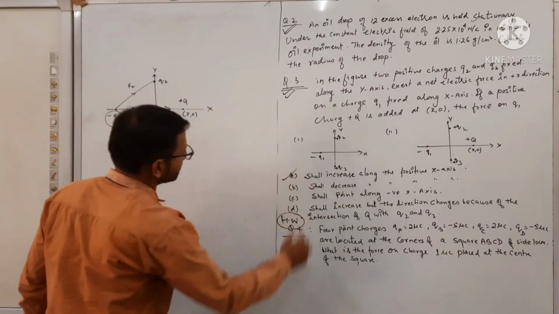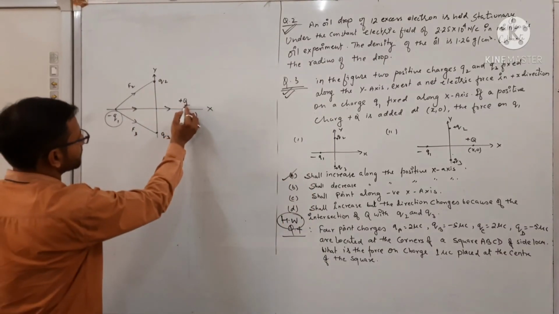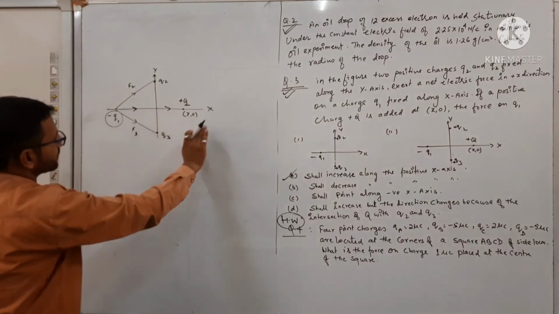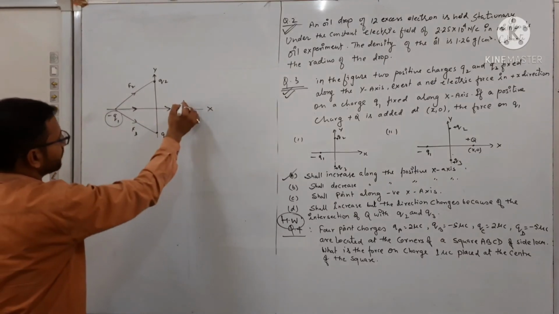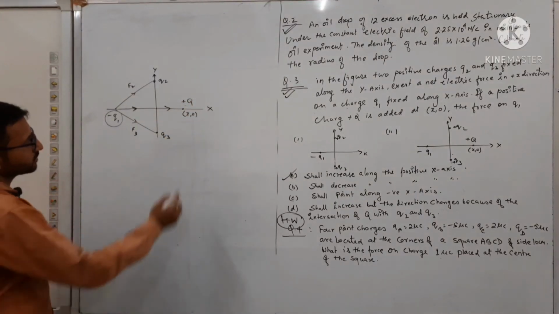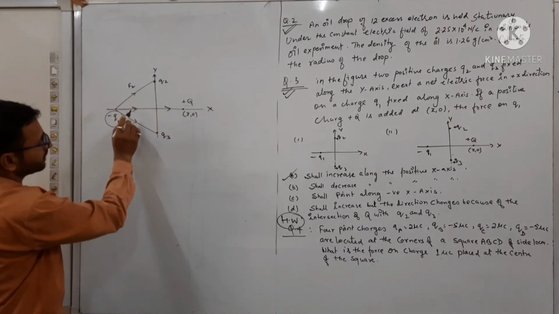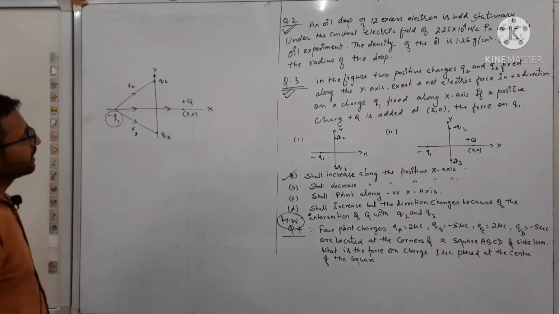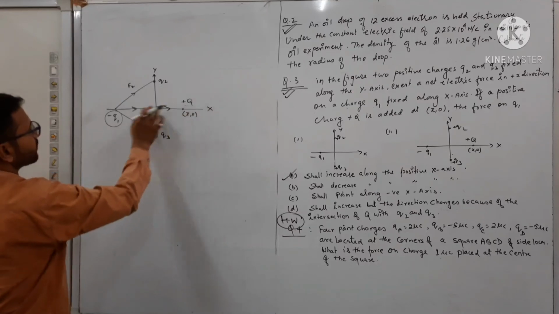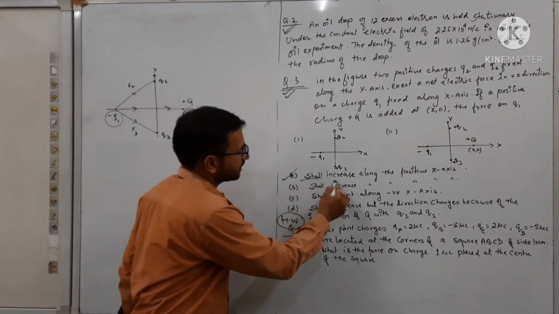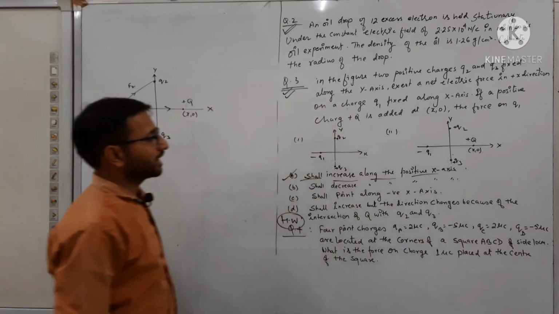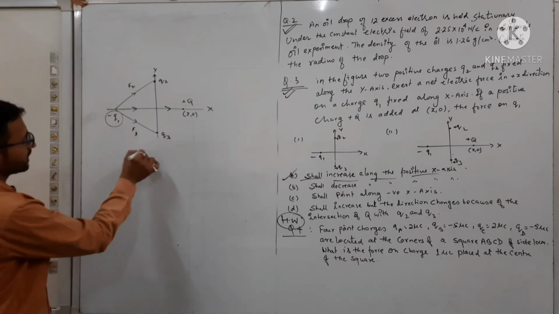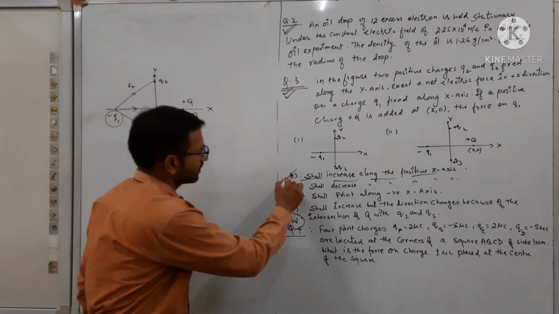Okay, so the answer is the first one, because this is our positive charge and this is our negative charge, and it was moving toward the positive x direction in the absence of this. If I put one more positive charge here, it will attract this charge along with Q2 and Q3, which will also be responsible for the attraction. We can say that it increases the force acting on the negative q charge and it will move with increased speed toward the positive x direction, meaning option A is the correct option.